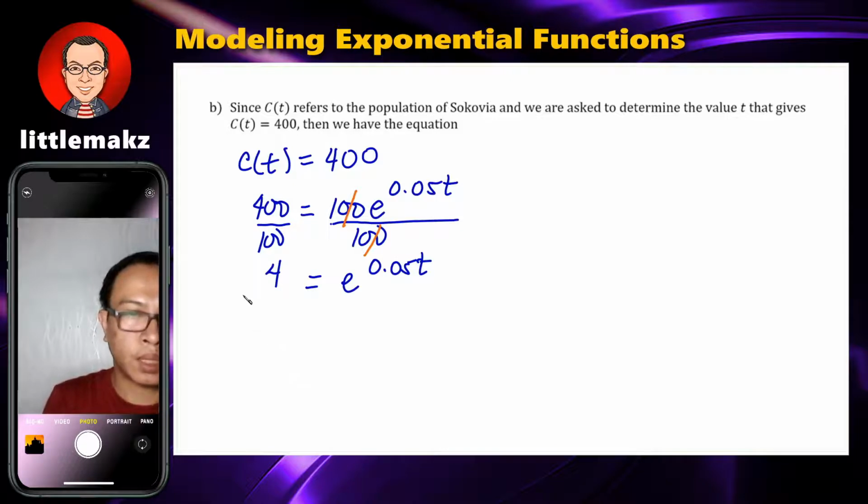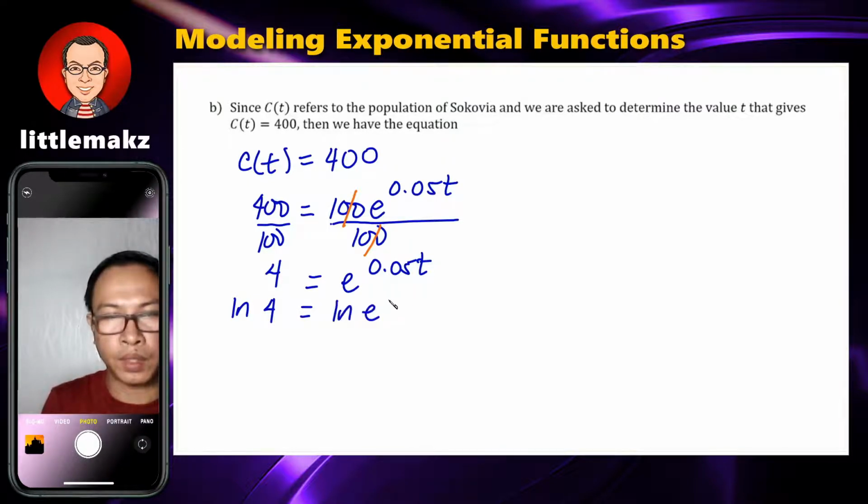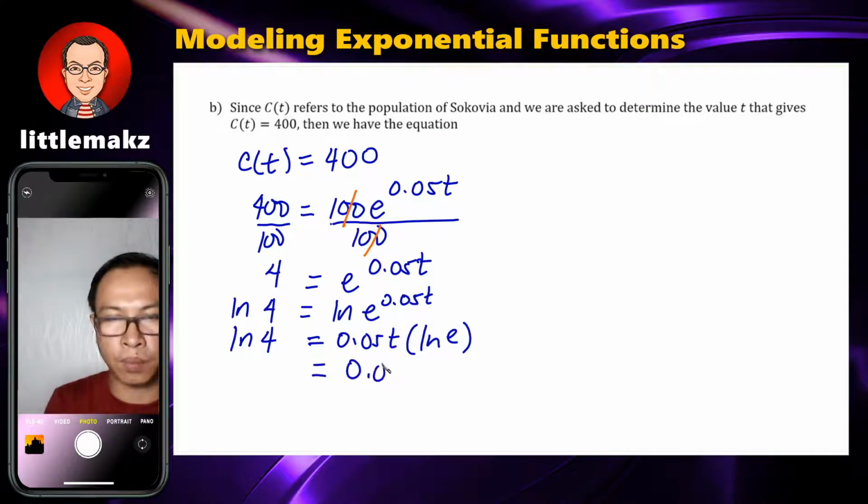Now we could take the natural logarithm, ln, because of this e. So ln of e raised to the 0.05t. But take note, ln of e, which is going to be multiplied by your 0.05t, is equal to 1. So this is simply 0.05t, and the remaining ln of 4, so that t will simply be equal to ln of 4 divided by